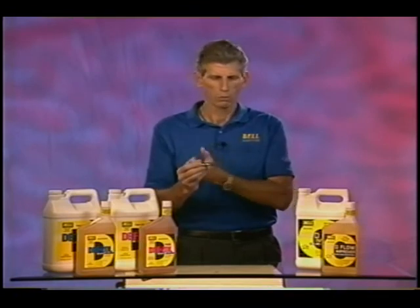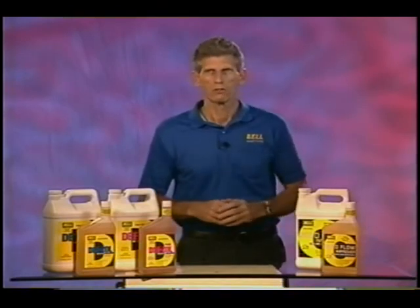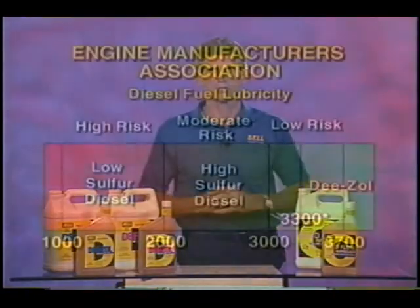Without the use of our additive, that O-ring gets hard and brittle, it shrinks, and the fuel will just gush out the side of the pump like a high pressure hose. So the lubricating properties then will protect the top cylinder area, the valves,